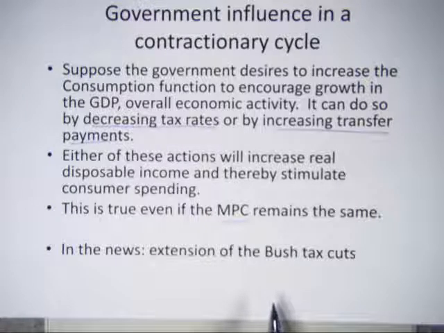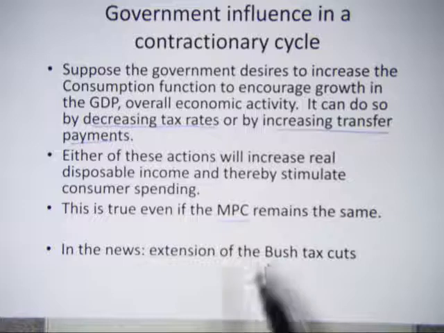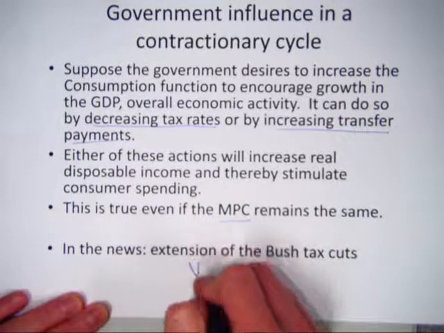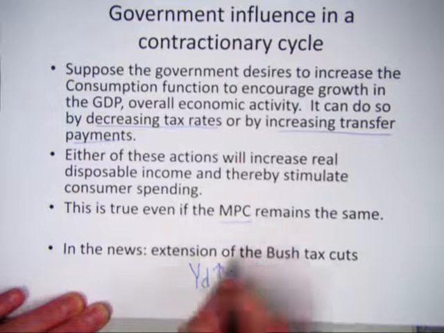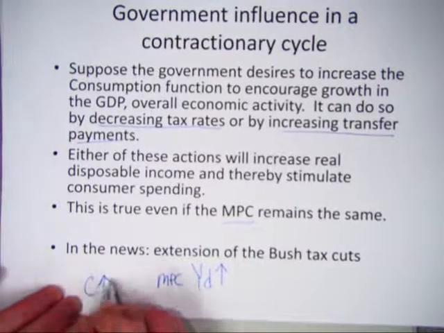In fact, I would say nearly all households, most households saw their disposable income go up because tax rates were pushed down. Now, why did that happen? This was an attempt to increase the GDP to get consumer spending going. So what happened was this administration said we will decrease taxes so disposable income increases. Disposable income increased. Even if the MPC stayed the same, we're going to see the consumption function go up as